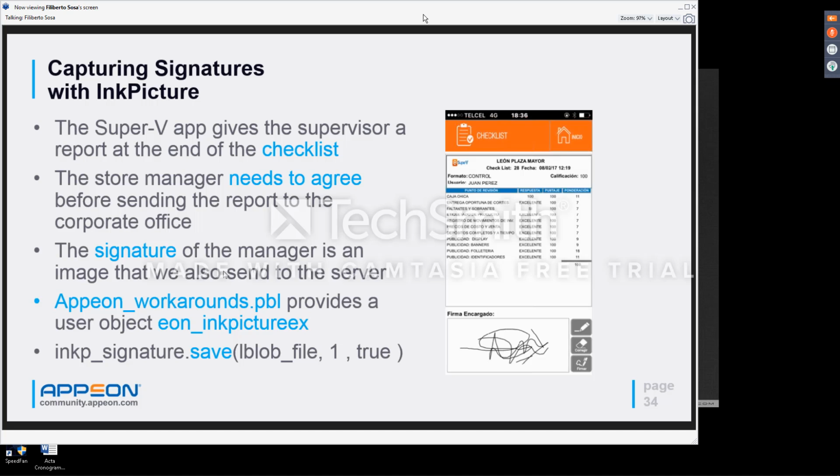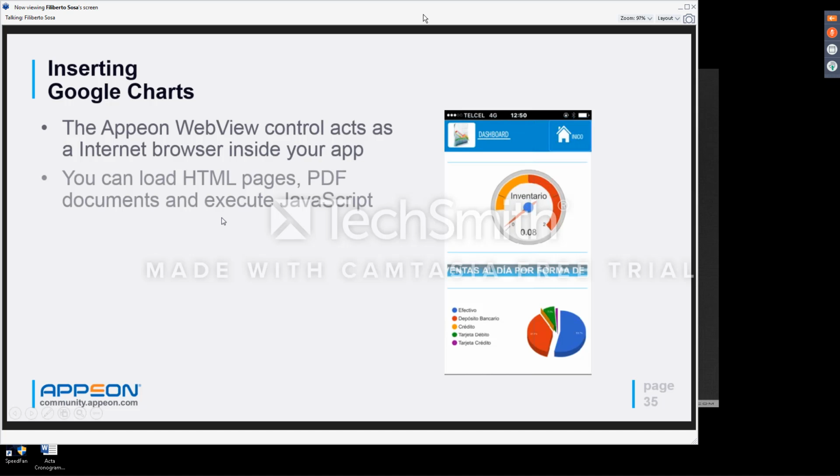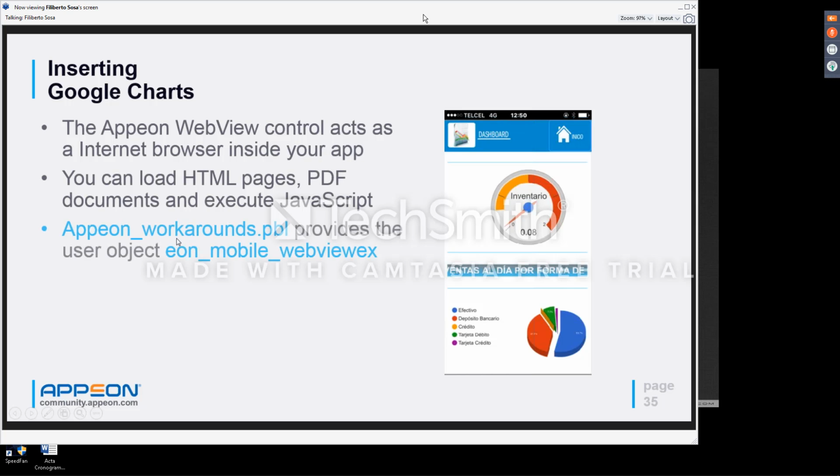Inserting Google Charts. The Appian WebView control accesses an internet browser inside your application. You can load HTML pages, PDFs, documents, and execute JavaScript. So Appian Workarounds is providing you the user object on mobile WebView X. This is a normal PowerBuilder application, and you are inserting right here the